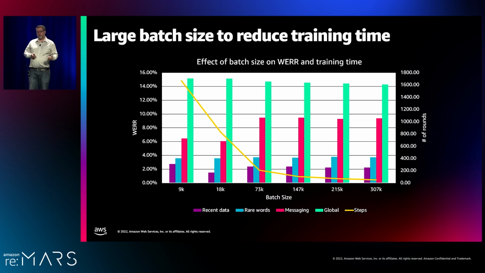One thing I should mention as a caveat, remember, we're incrementally training an already trained model. We're applying these deltas on top of this fully trained model. If you try to use a batch size of 307,000 on an uninitialized model from scratch, you're going to get really bad results. So this works well in this technique. You need much smaller batch sizes when you're starting from scratch.